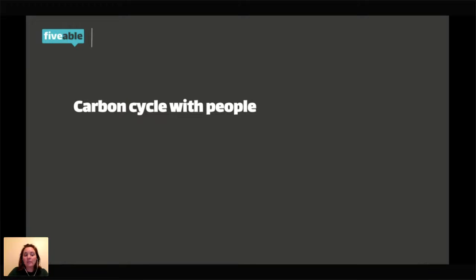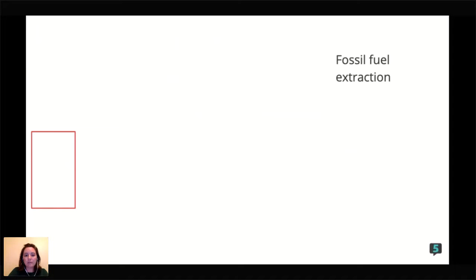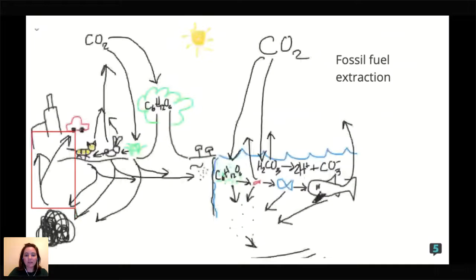So now adding in people, because we are organisms too, and we live here on Earth. We are very, very dependent on extracting those fossil fuels in our society. So that huge store of carbon that had been there for a very, very long time, like hundreds of thousands of years, if not maybe millions of years, had taken to form and be stored in the ground, all of that carbon there, we're now extracting it. And we've been extracting it since the late 1800s, since about the Industrial Revolution. So we're extracting all that fossil fuel.